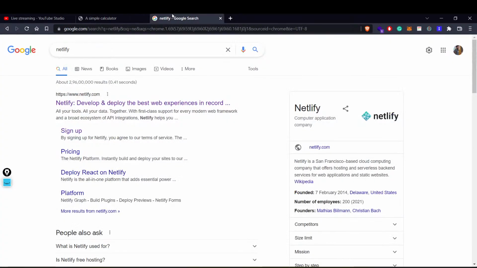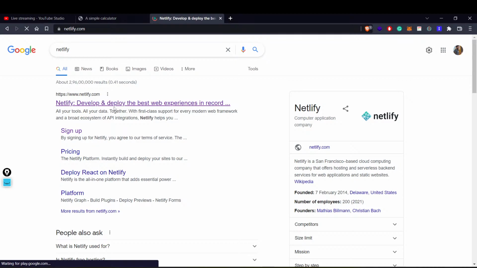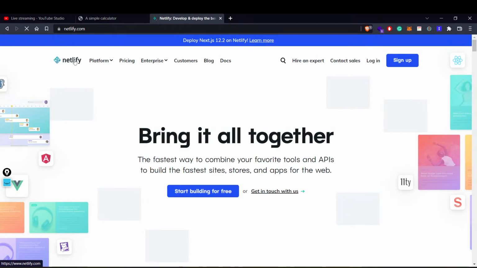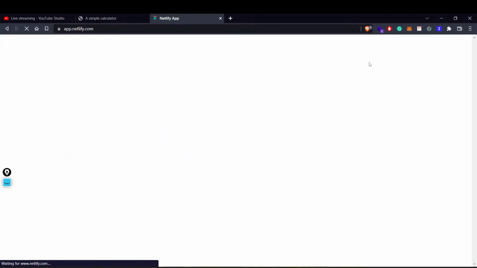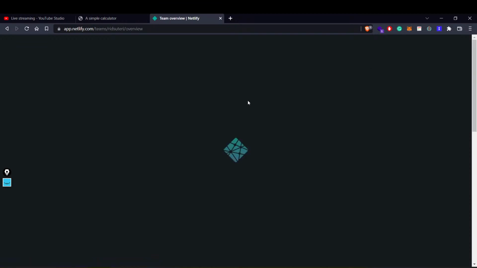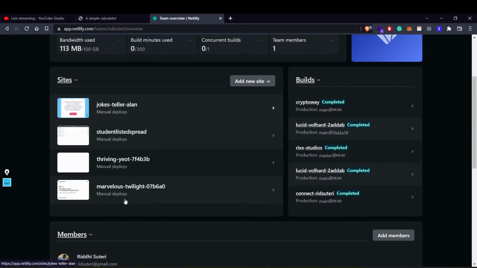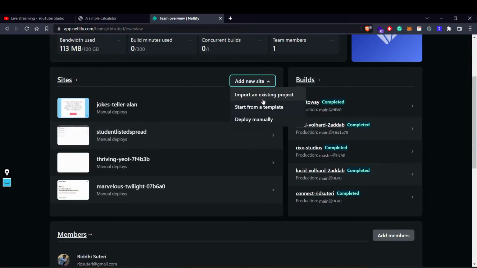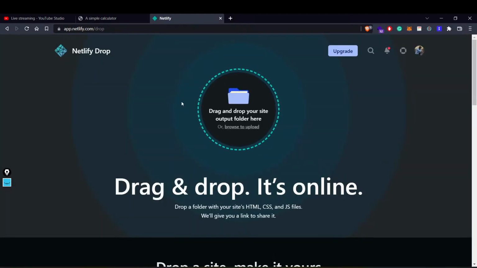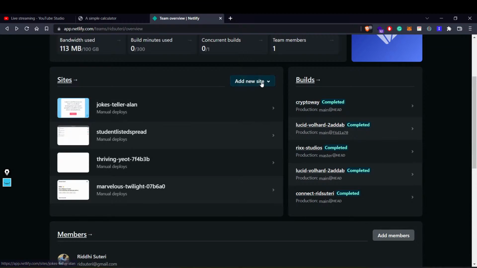So I'll go to that. I have already an account with them. So search Netlify and just log in to it. You have to create an account if you are doing that for the first time. Just create an account and this will look something like this, right? Although you'll not have the whole interface like me, because I've been hosting other projects over here as well. You'll probably find this particular area and it will say, drag your file and folder that contains your files, right? Or maybe you could find add new site and click on deploy manually, right? This is fairly simple.